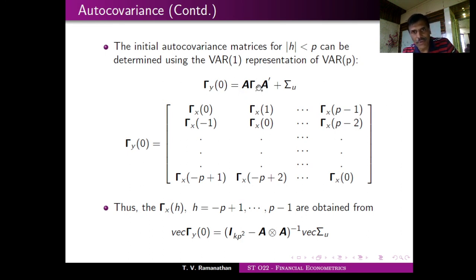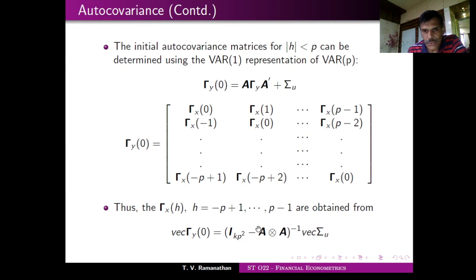So this is also gamma y0. So you will be able to now obtain this by using the vec notation. I think in the last lecture I have introduced vec notation. Vec is nothing but vectorizing, so you are stacking those column vectors. So we will be able to compute this quantity. This relation I am not proving, but it's just matrix algebra, rewriting the stuff. So you can rewrite this in this manner.